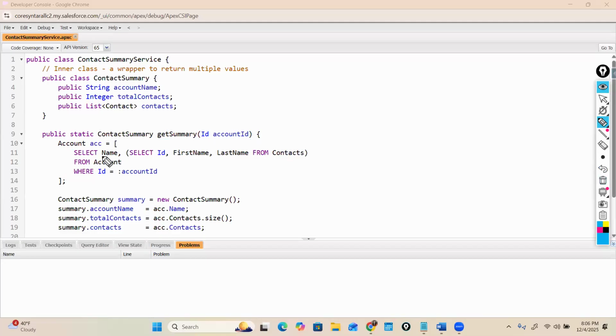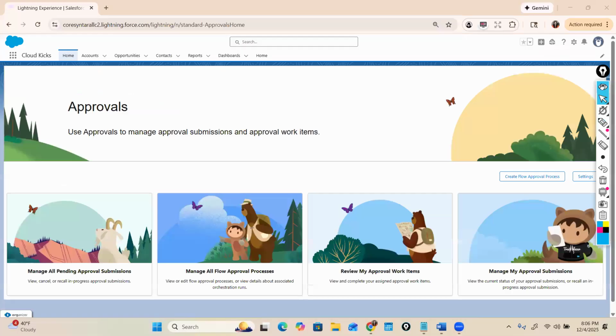Basically, this is a query which is retrieving the name of the account, as well as the contacts for that account. Okay, but since we have a where clause where we are specifying the ID of the account, it is only pulling up one account's information and the contacts associated with that account. So if I go ahead and run this query,